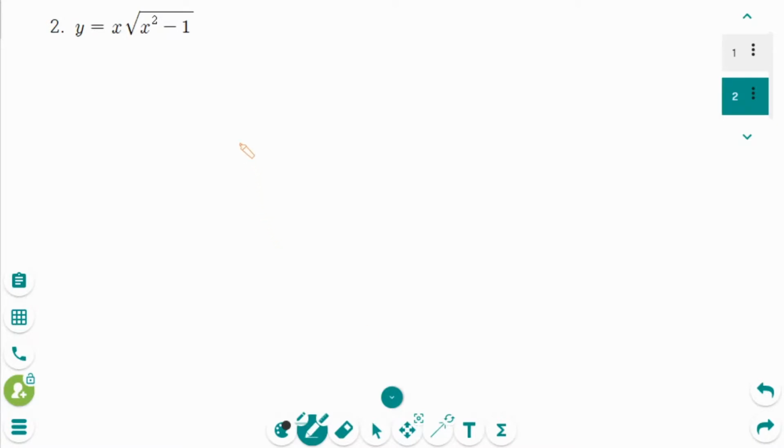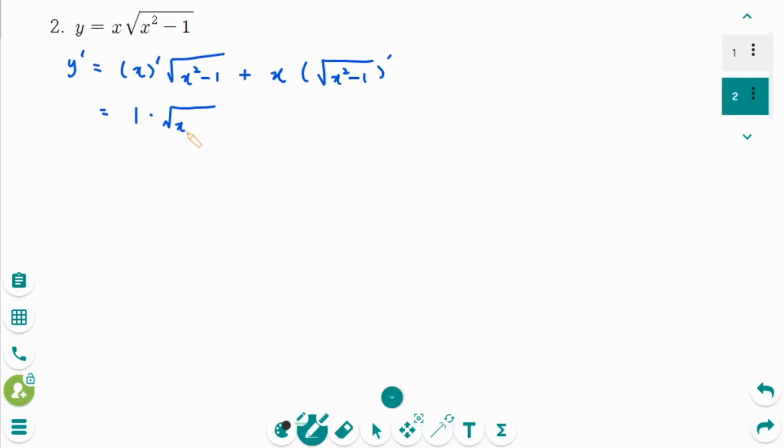Number 2, use the product rule first. Y prime equals u prime v plus u v prime. So x prime equals 1 times, keep the second, plus x times